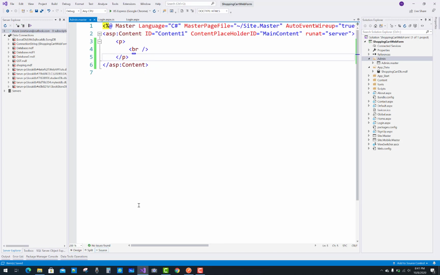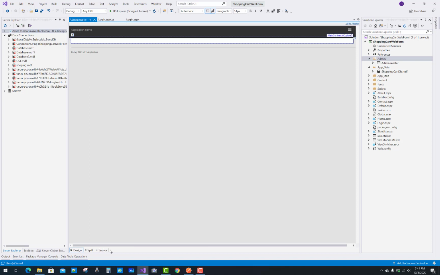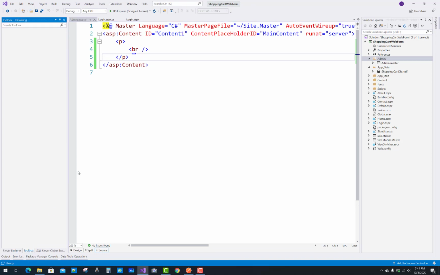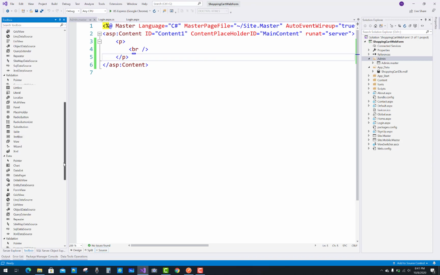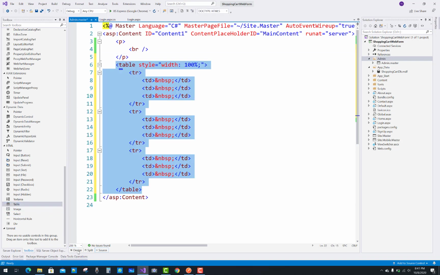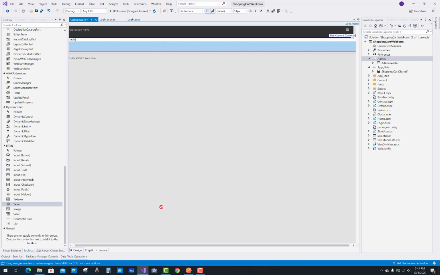So use a table for content, click on the design button, source button. It's quite a simple thing you can do.